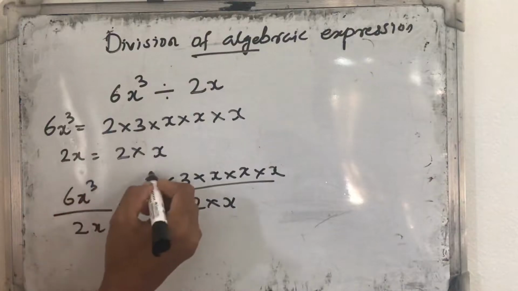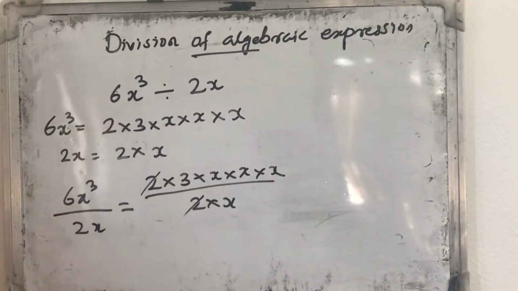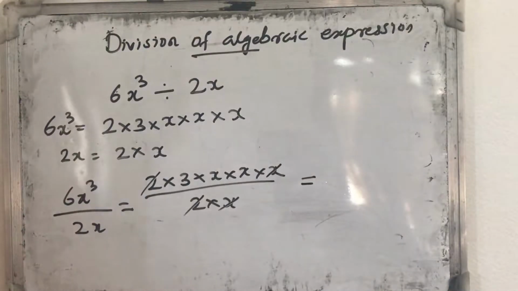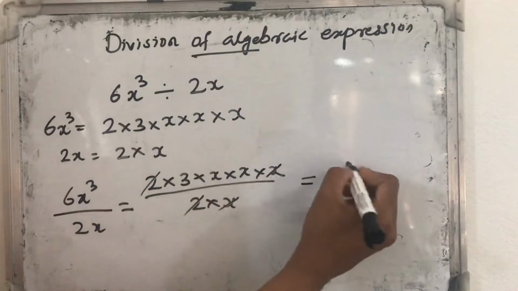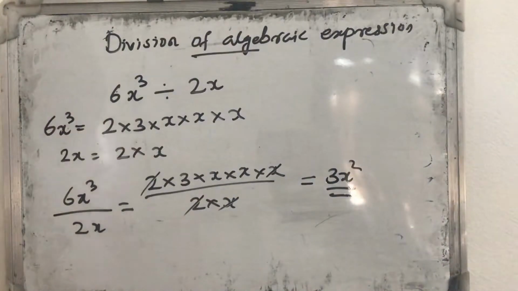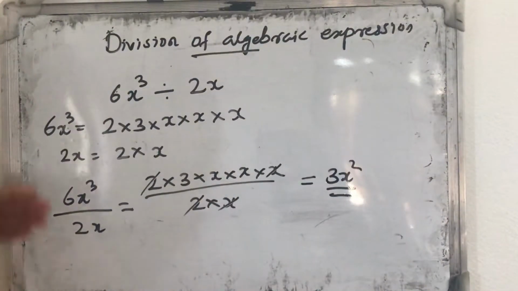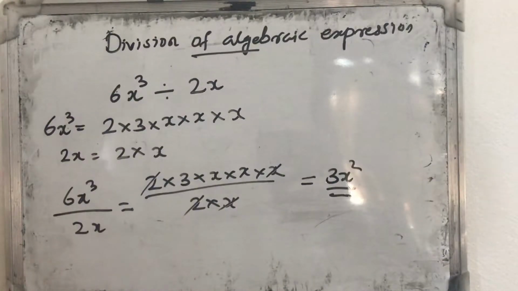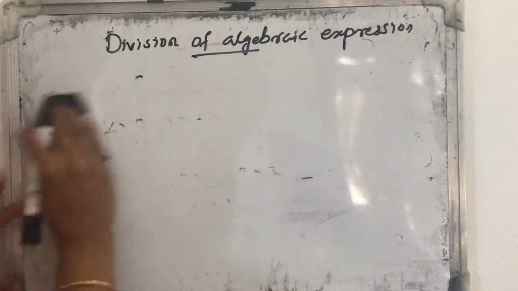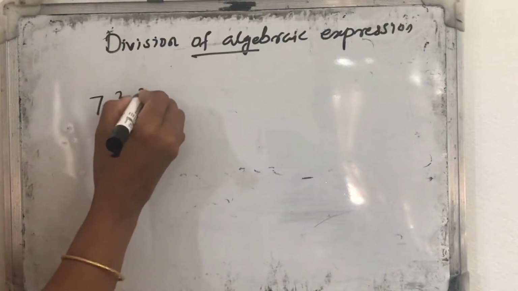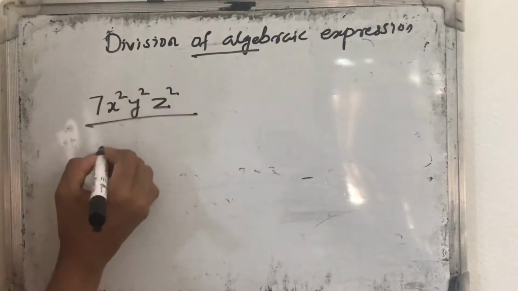So we can cancel the common factors. Here x is common, so we cancel it. What is remaining? 3 into x into x, that is 3x square. Very simple. First we factorize the given expression, then do the cancellation, then what remains is the answer. Another question: find 7x square y square z square divided by